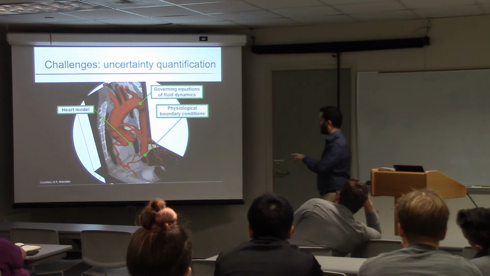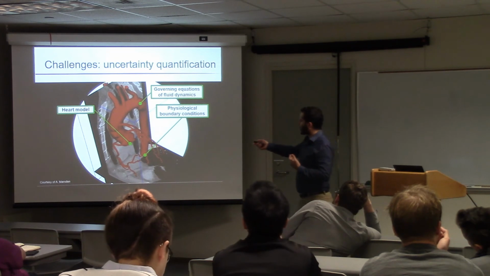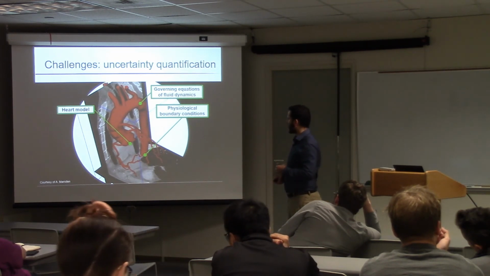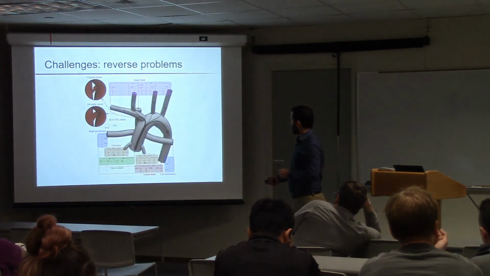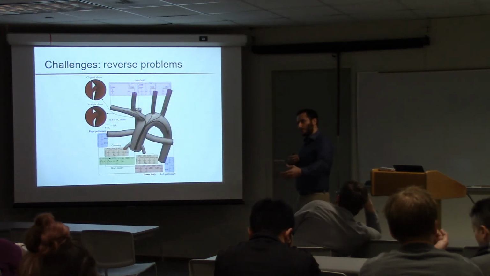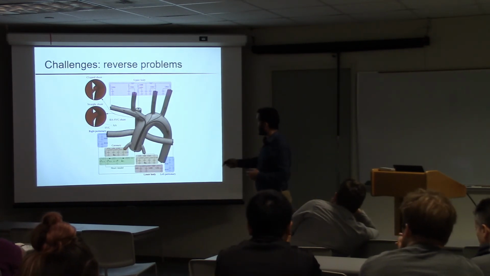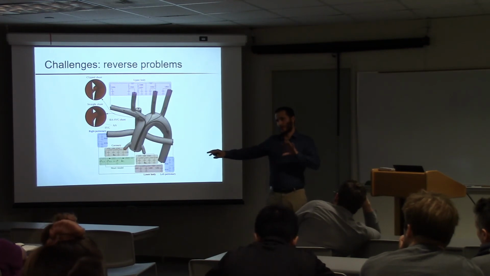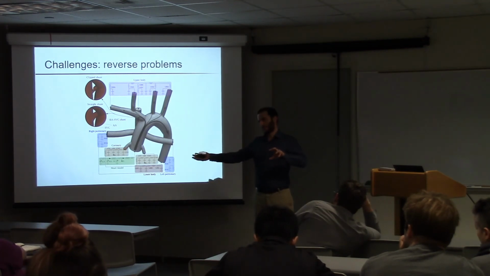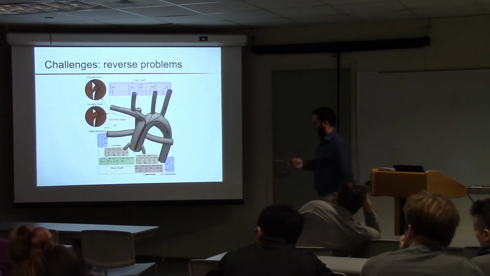I'm not going to go over the details of that, but again, uncertainty quantification is another area. We are not sure about exactly what geometry you're constructing, and we are not certain about the boundary conditions. Another area is inverse problems. Typically what you measure is, let's say, the flow or pressure in certain regions of the circulatory system, but what you need to specify to do these calculations are the model components. So you're trying to calculate the model components based on the outcome of a simulation, which is an inverse problem, which again requires intensive calculation.